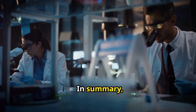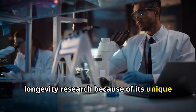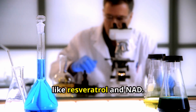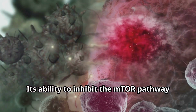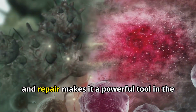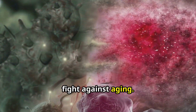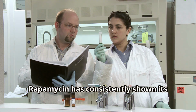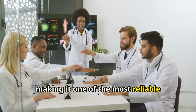In summary, rapamycin stands out in the field of longevity research because of its unique mechanism of action, which sets it apart from other compounds like resveratrol and NAD. Its ability to inhibit the mTOR pathway and push cells into a state of maintenance and repair makes it a powerful tool in the fight against aging. Unlike many other compounds, rapamycin has consistently shown its effects in multiple studies, making it one of the most reliable